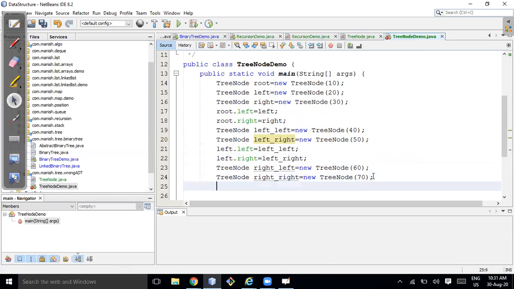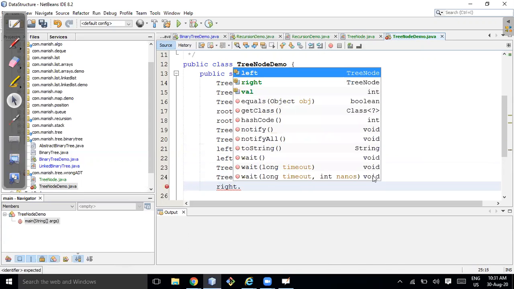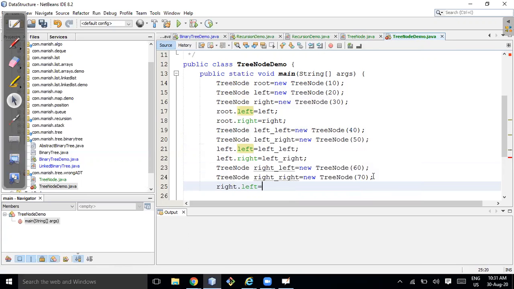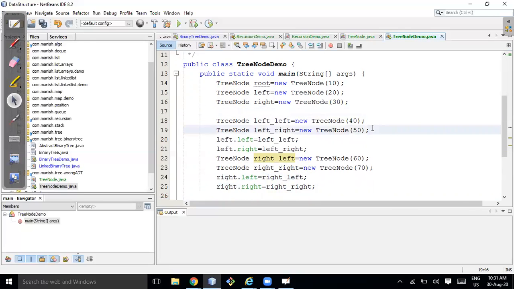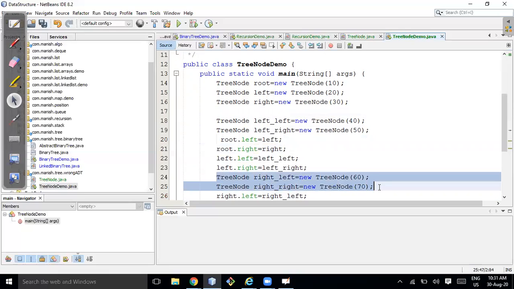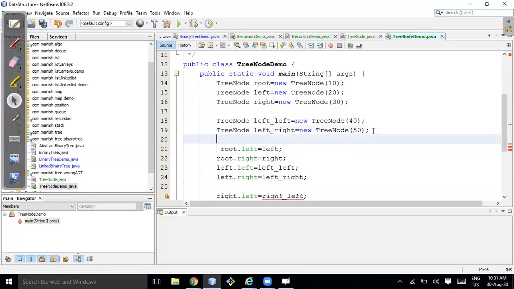Similarly here, right of left is equal to right left, and right of right is equal to right right. So what we did, we can do one thing. I can copy it here, paste it here.